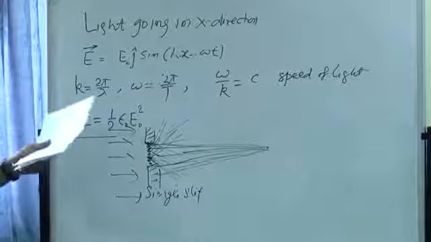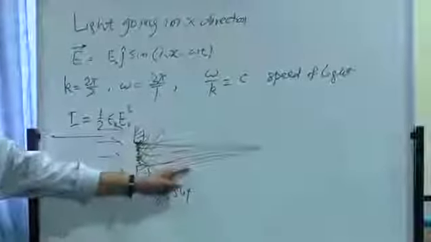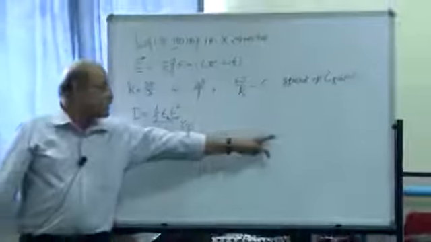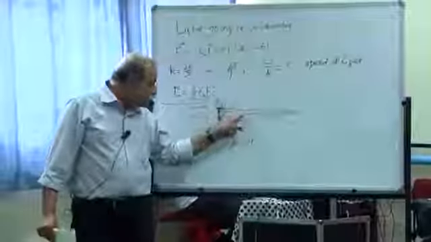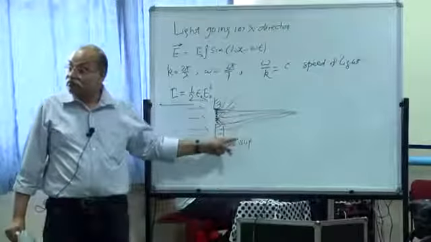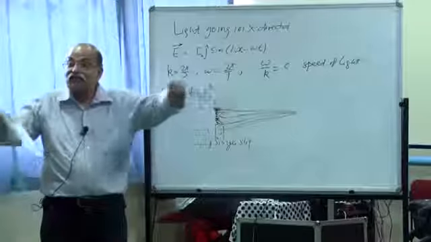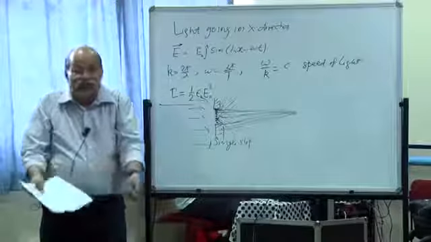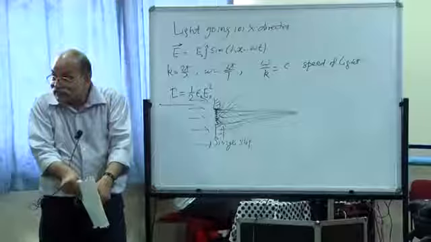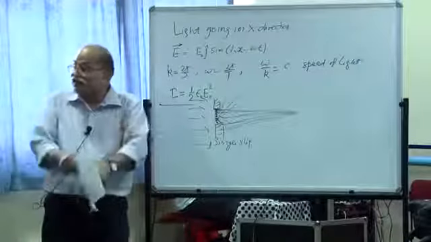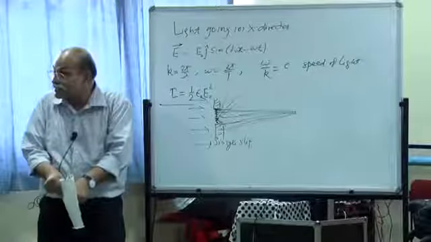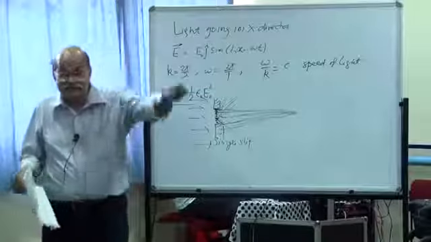Other things you forget, you only look at these things. There is an electric field here because of each of these individual components. Those electric fields are to be added, and then you have to get the resultant electric field, and then you have to see what is the amplitude of the resultant electric field, and then you have to see what is the intensity,